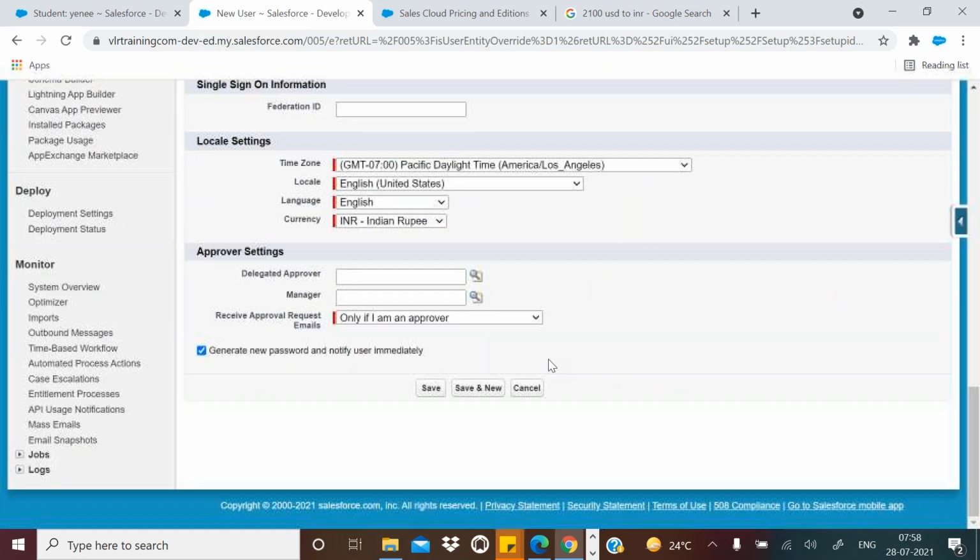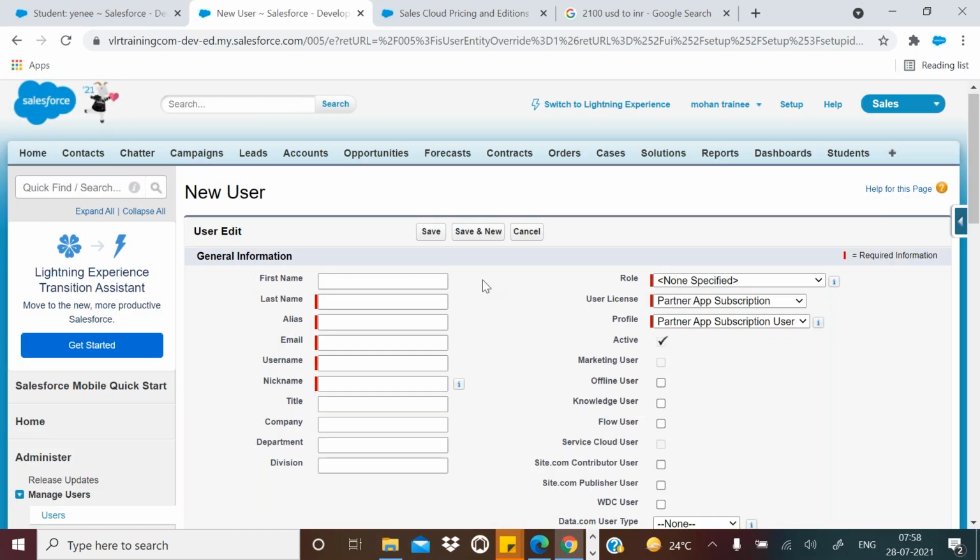Now you can fill in all the information. For Venkat I'm going to create a new user. Okay, VLR Venkat. Email: I'm going to give my email for time being, and you can give any email also, not a problem. Company emails generally we used to give. This email I have given for the previous user also. If you want, you can give the same email or a different email, not a problem. But the username should be changed.